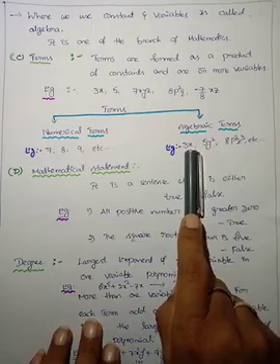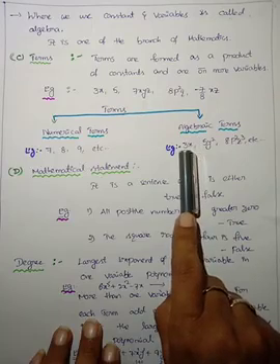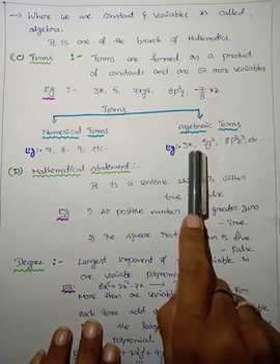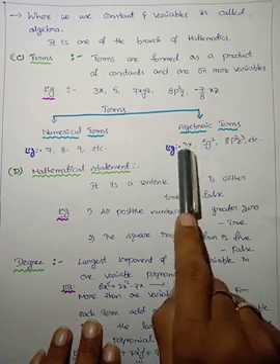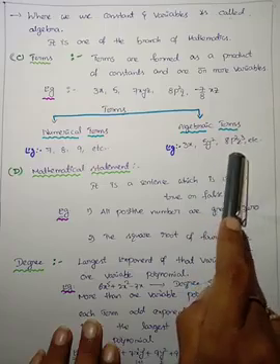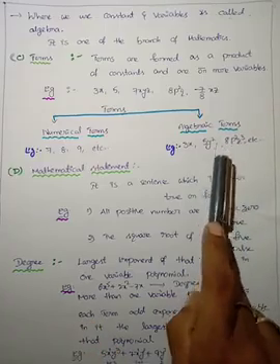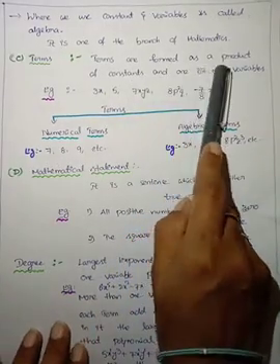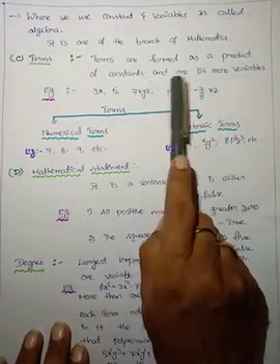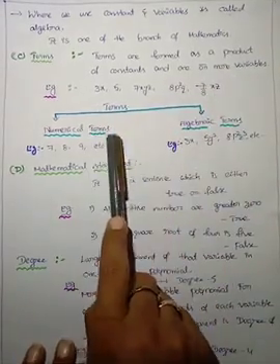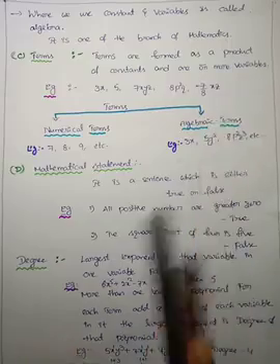Here 3x is an algebraic term. 3 is a constant, x is a variable. The product of 3 and x is 3x. This is an algebraic term. Some more examples are 5y square and 8p square z cube, etc. All these are algebraic terms. Terms are formed as a product of constants and one or more variables. Again, terms are of two types, numerical terms and algebraic terms.